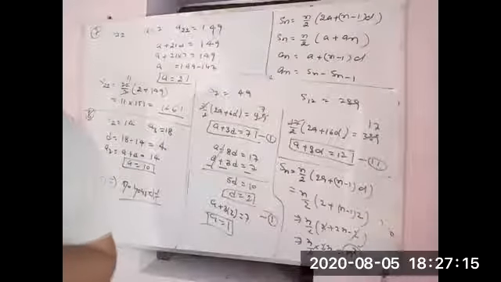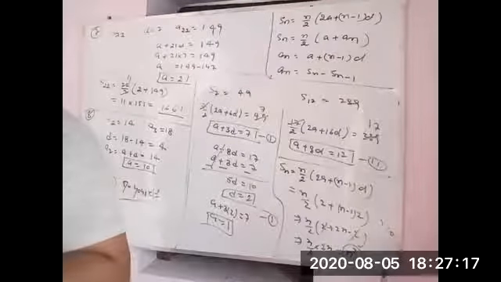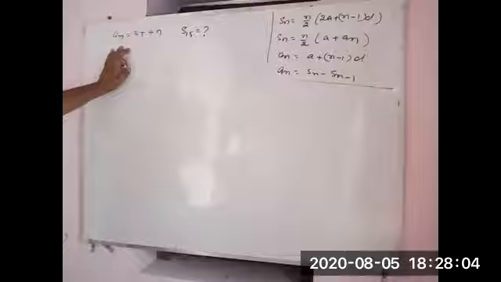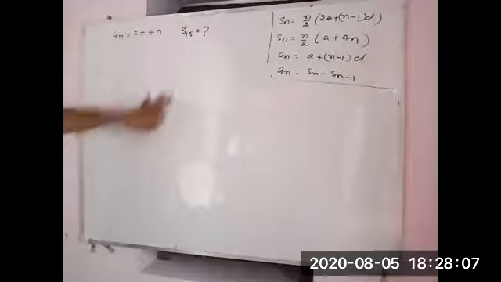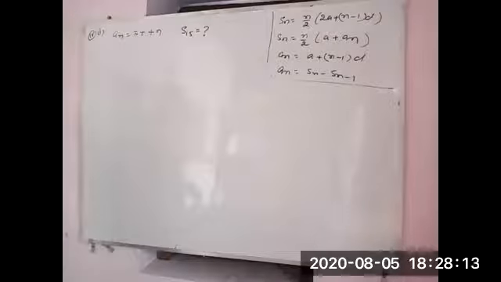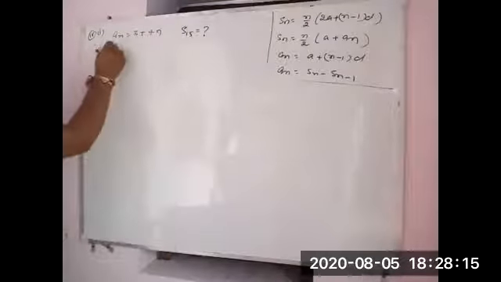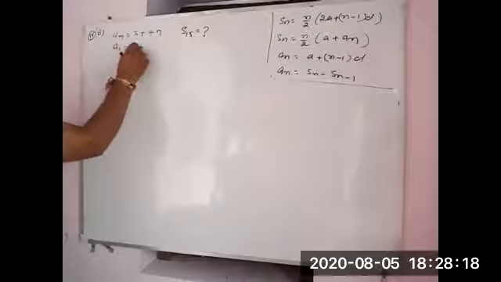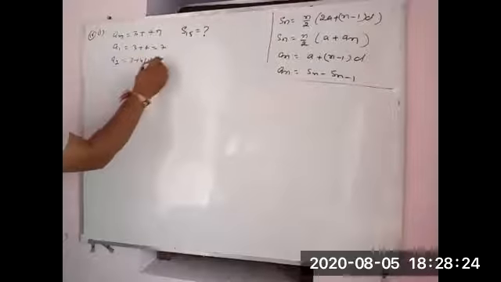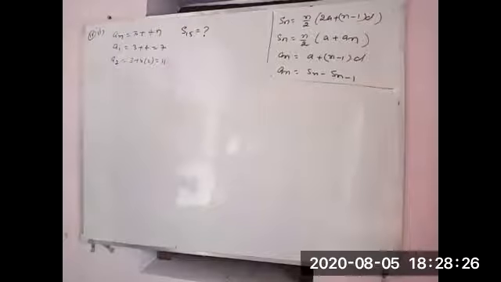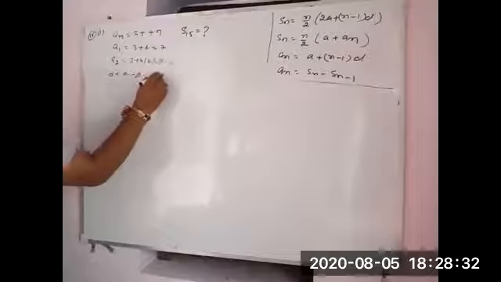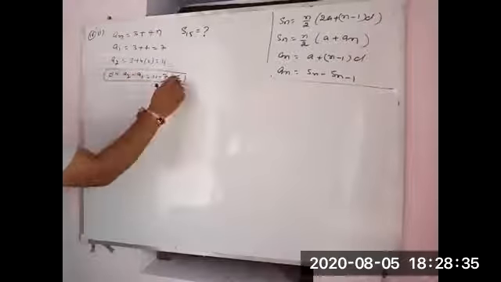Okay. Now, question number 10. So how you have to do it? an is 3 plus 4n, and you need to find out S15. Question number 10, first part I am doing. Second part you will do yourself. So now first we will find the value of a1. Put the value n equal to 1. 3 plus 4 equal to 7. a2, 3 plus 4 into 2, it will be 11. Okay. Now d, a2 minus a1, 11 minus 7, 4.